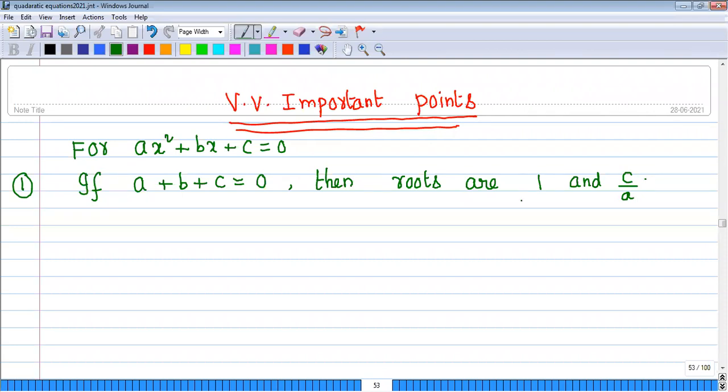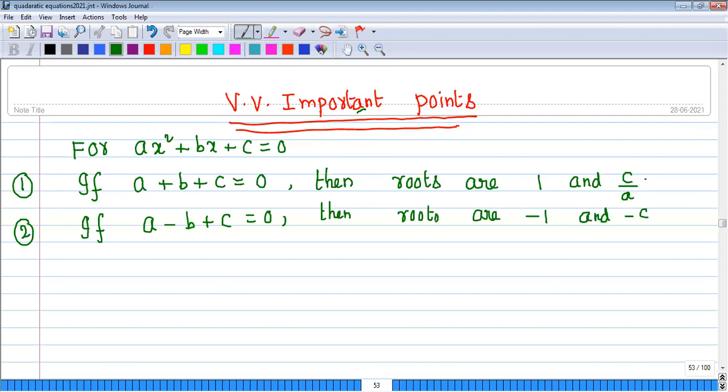Second point, if a minus b plus c equals 0, if you observe like this, then the roots are -1 and negative c by a. Next,